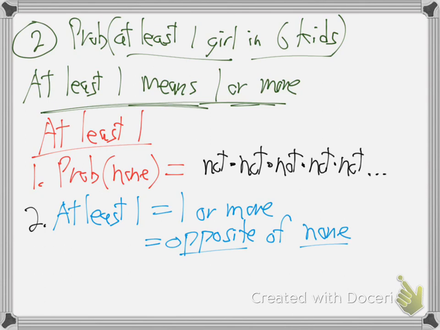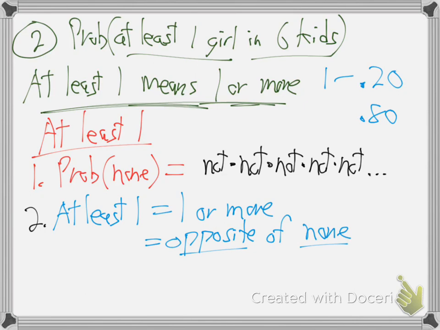So 0.2 is 20%, right? If there's a 0.2 chance of rain tomorrow, what's the chance it will not rain? 0.80. You take 1 minus it. If there's a 20% chance of rain tomorrow, there's an 80% chance it won't rain. So the opposite, you always subtract from 100%, or if it's decimal, 1.0.